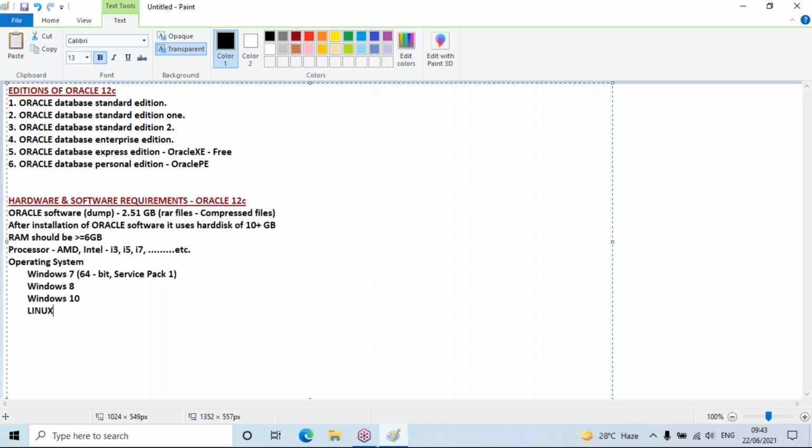Even for me, when I come up with practical sessions, my Oracle is installed on Windows 10. But in real time, as I said yesterday and repeat once again, Oracle installation will be available only on the Linux operating system. However, we are not going to install on Linux because that is all managed by the DBA.